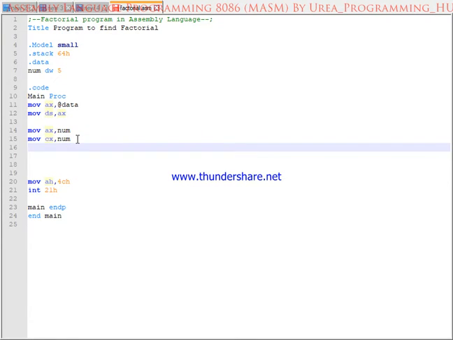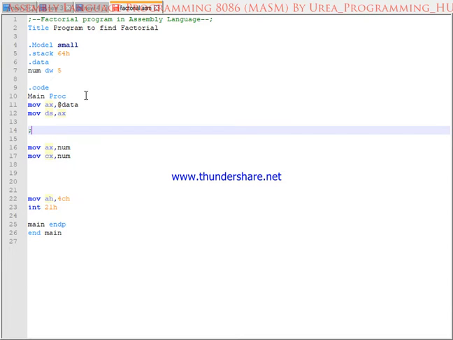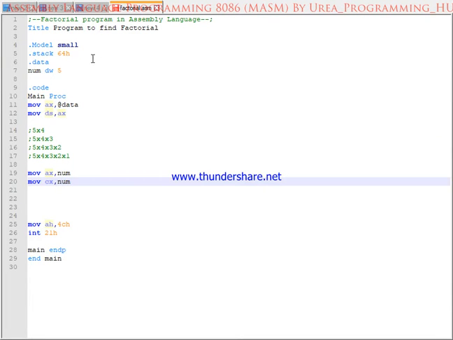And now I will show you the iterations. So these are the iterations, and the first iteration is 5 multiplied by 4. It means the number multiplied by its preceding value. So I am taking the 5 in the X register, but I have no 4, no preceding value. For this I am